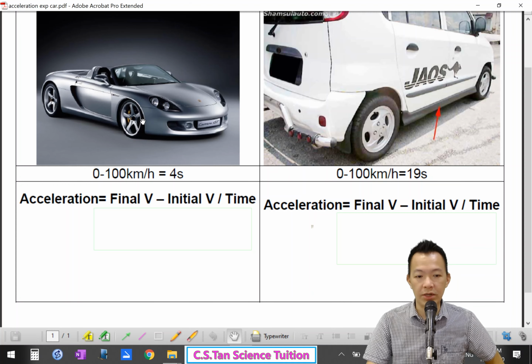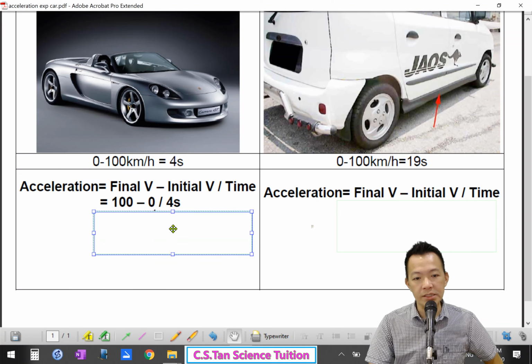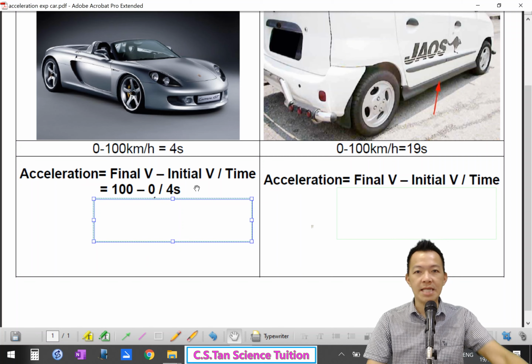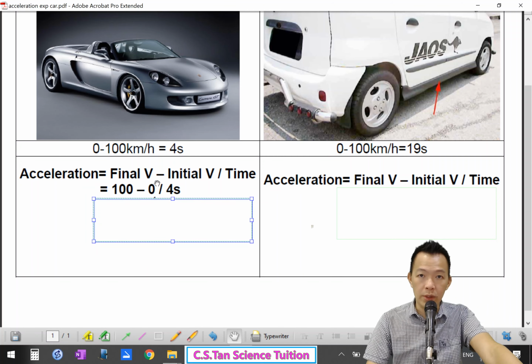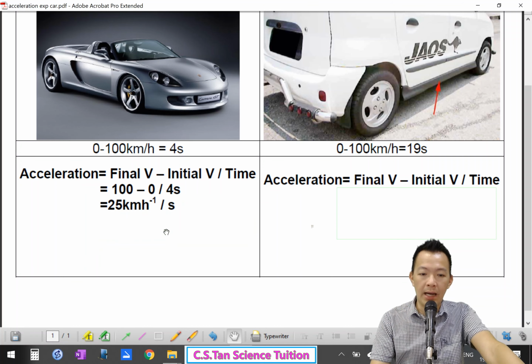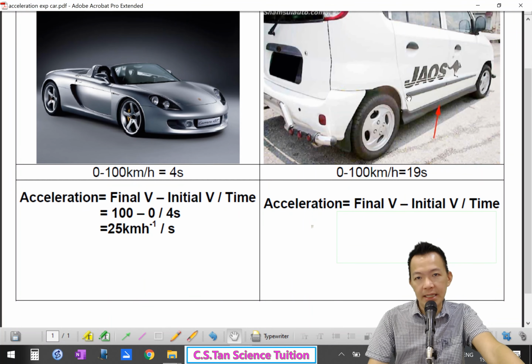So what is the acceleration of this car? 这辆车的加速到底是多少呢？ Final velocity from 0 to 100, so the final velocity will be 100. Initial velocity 刚开始的速度 will be 0 over the time 4 seconds. 它用4秒从0变成100. So in 1 second, how many km per hour can it change? 在1秒里面，它的速度换了多少呢？ 25 km per hour 了。Okay, so 25 km per hour per second. 这是它改变速度的时间呢的速度了。